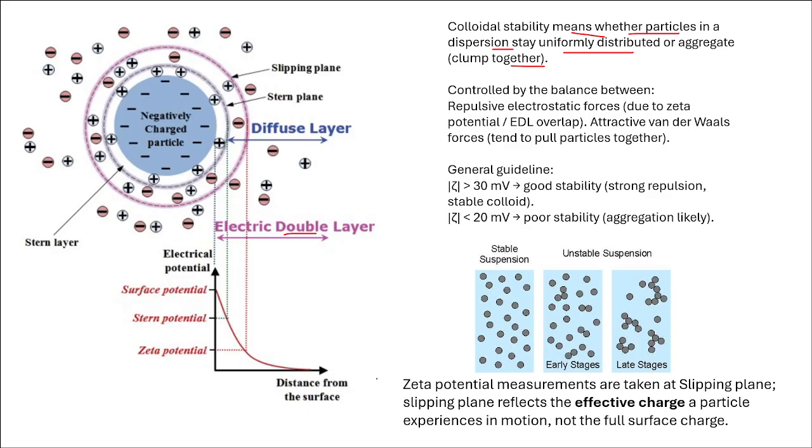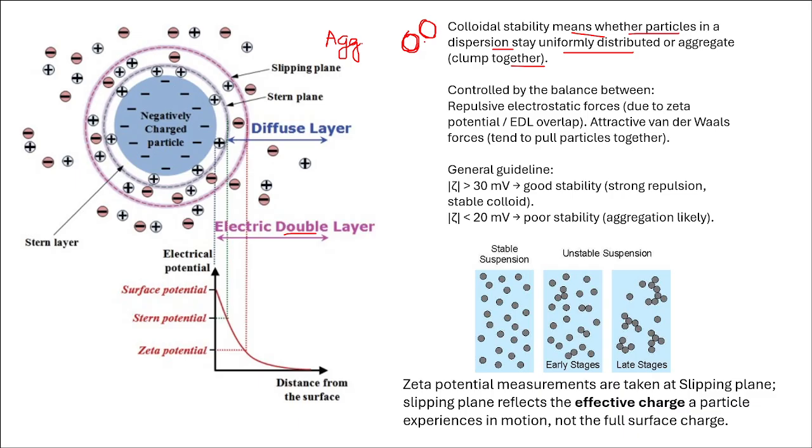Now this is very important. If you remember in the previous session, we talked about a term that we called aggregation of nanoparticles. In order to prevent aggregation, we also discussed that whenever we are synthesizing nanoparticles, we put in some capping agents so that the repulsive forces are maintained, there are enough repulsive forces, and the particles do not come together and clump with each other. So this is very important.